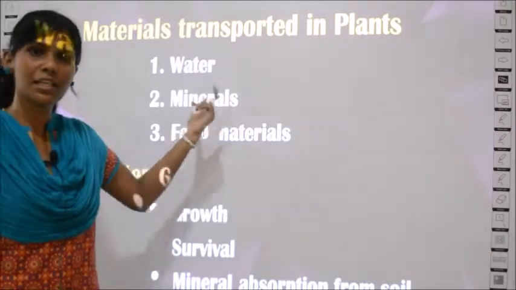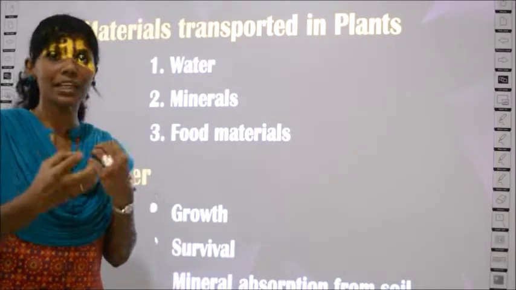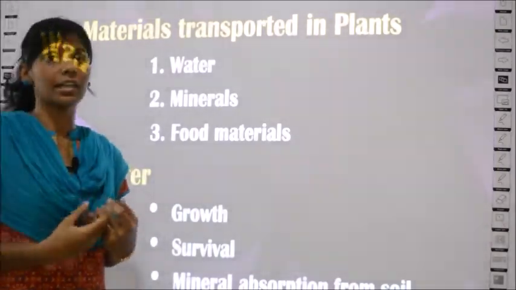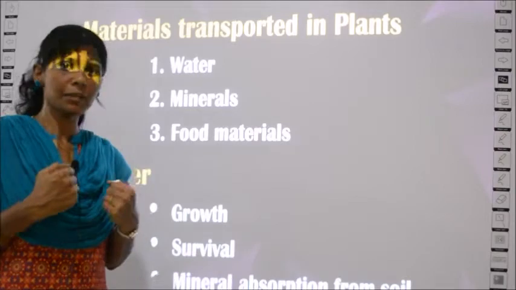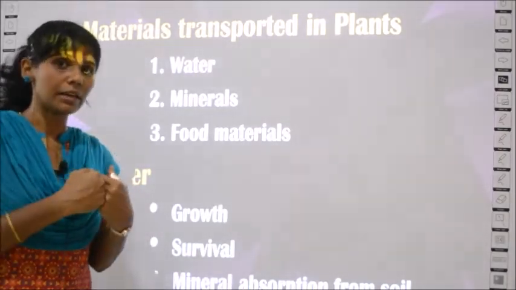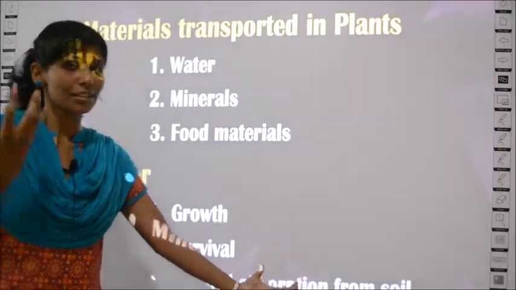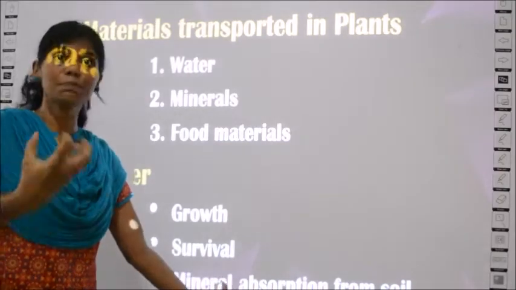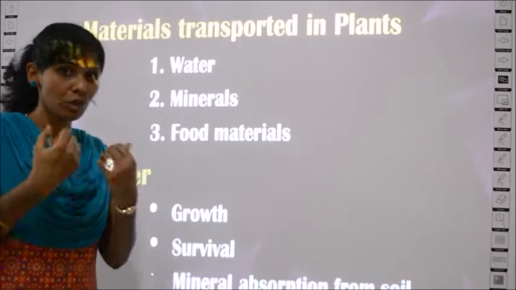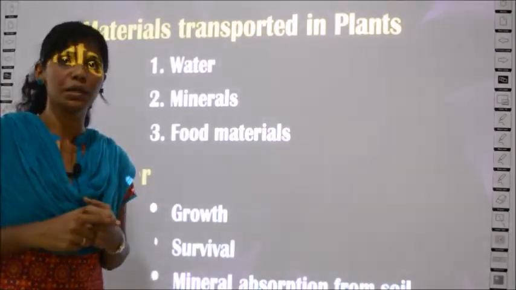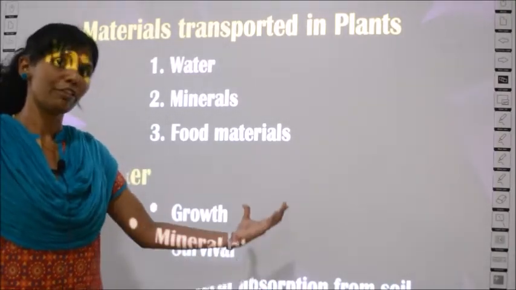When talking about minerals here, what did I tell you? Minerals are all solid particles. So the plant cannot take in those solid particles directly. So what does it do? They dissolve in the water you pour, and then the plants can take them in. After it dissolves, the root can absorb. So for the minerals to be absorbed from the soil, only in the presence of water can the minerals dissolve. That's why it is called mineral absorption from soil.